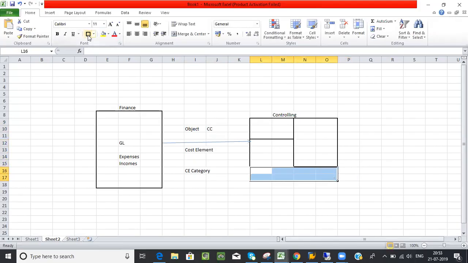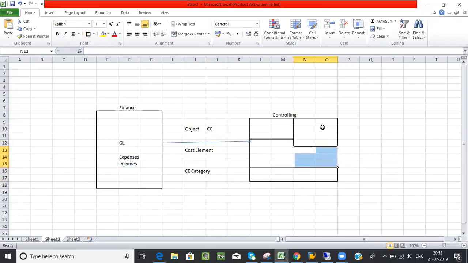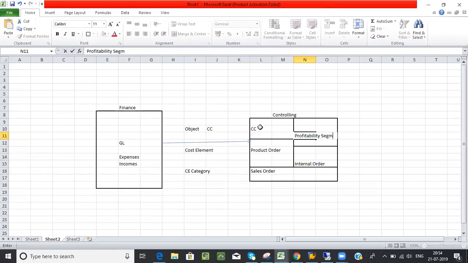Okay, let us say sales order, and let me consider an internal order and profitability segment. So this is cost center, and this is WBS, or you can have WBS, you can have production order, you can have sales order, you can have internal order, you can have profitability segment. Like we have different cost objects. Okay, so since I'm posting an expenses